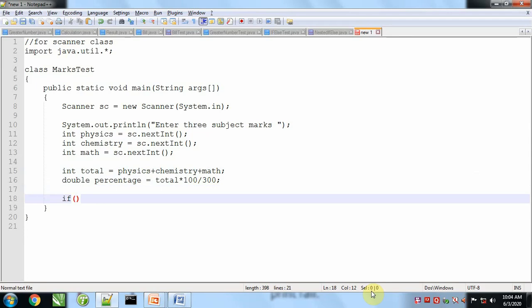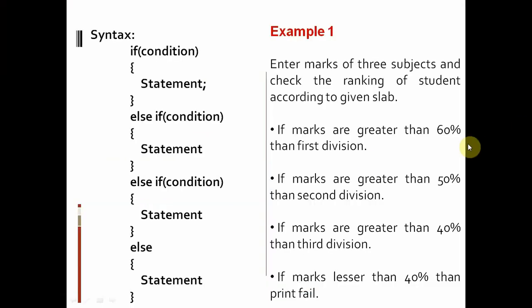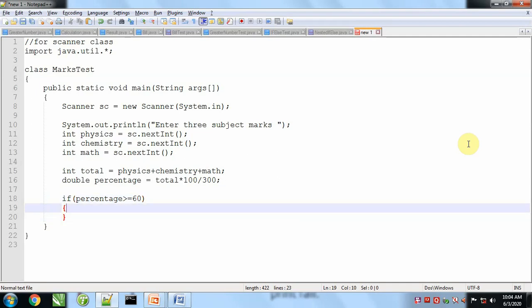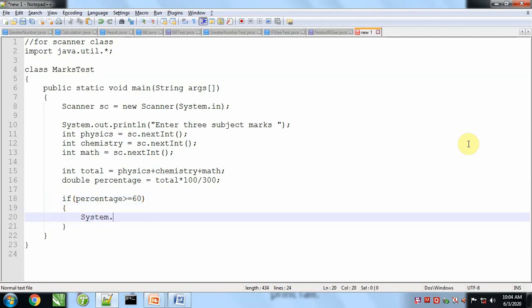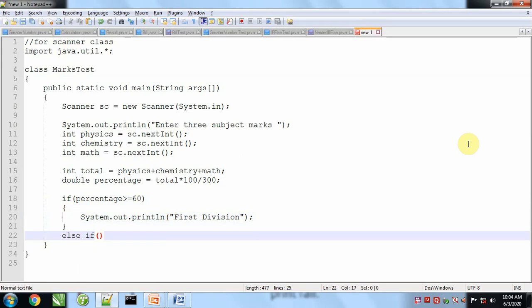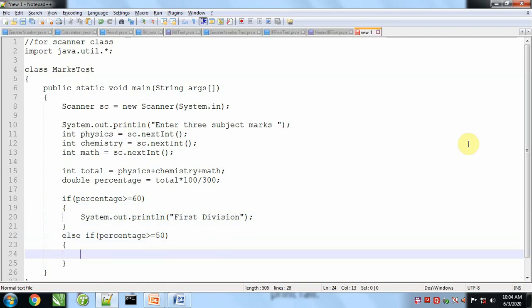Now we'll apply a condition: if percentage is greater than or equal to 60, we will say the student got first division ranking. Else if percentage is greater than or equal to 50, his ranking will be second division.